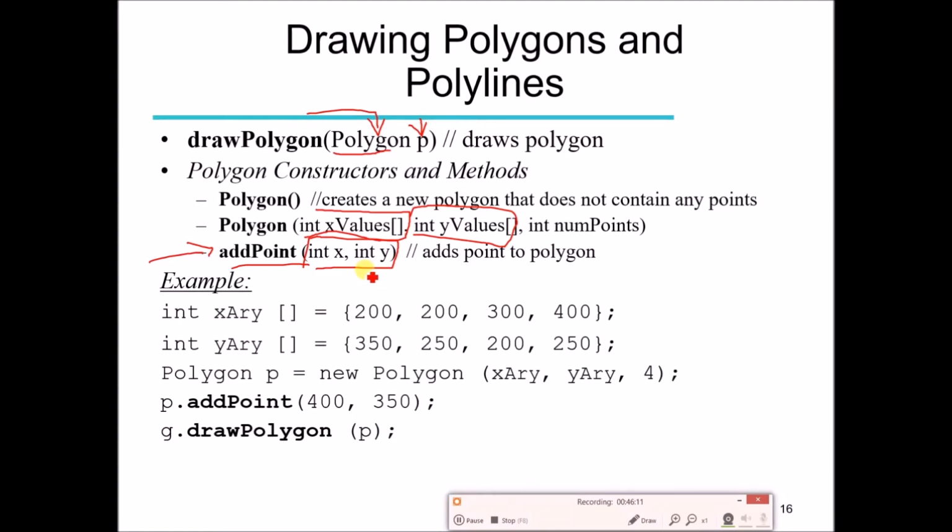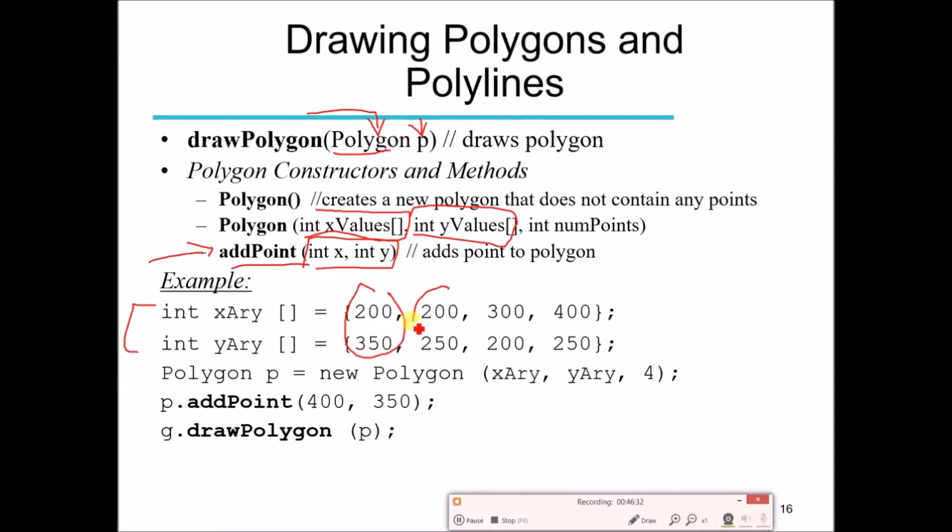Now let's see how we can use this method drawPolygon, which takes the object of the type Polygon. Again we have to define the two arrays, but we are not going to call the method drawPolygon as we did in the previous example with the arrays. We have defined the two arrays, and you can see that there are 4 points.